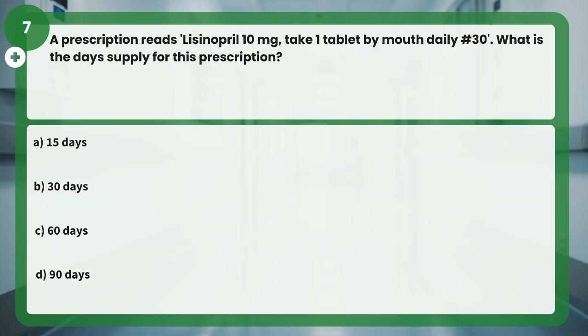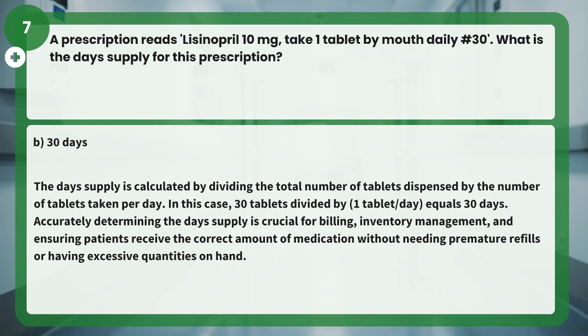Question 7. A prescription reads, lisinopril 10 milligrams. Take 1 tablet by mouth daily, number 30. What is the day's supply for this prescription? A. 15 days. B. 30 days. C. 60 days. D. 90 days. Answer: B. 30 days. The day's supply is calculated by dividing the total number of tablets dispensed by the number